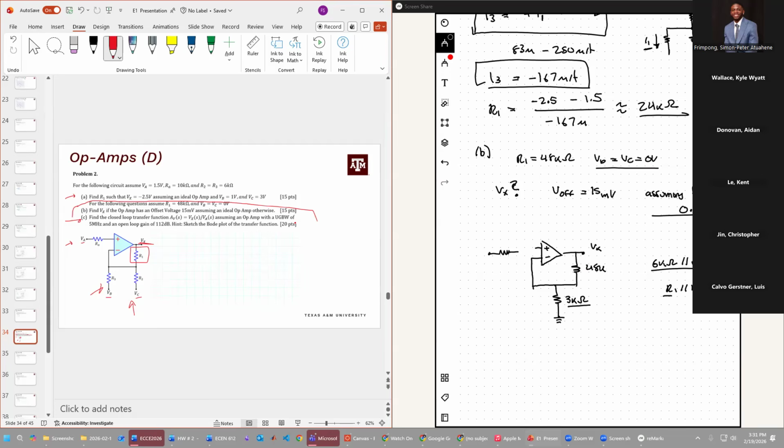This is now 48 kilo ohms. All right. The difference with this problem is now we have an input offset voltage. The way we model it, if you remember in lab, the whole idea of the offset voltage is that the VP and V minus, the internal, the way they model this device, something like this,